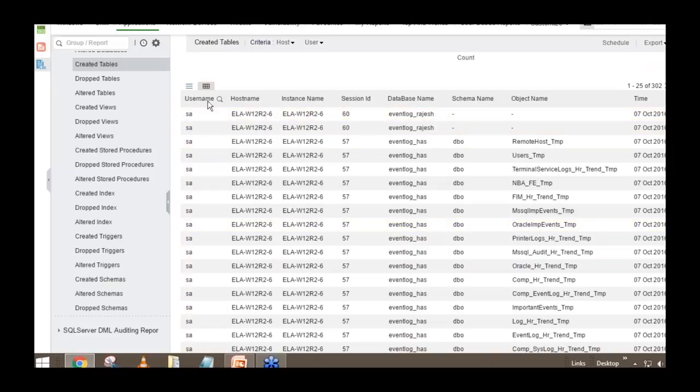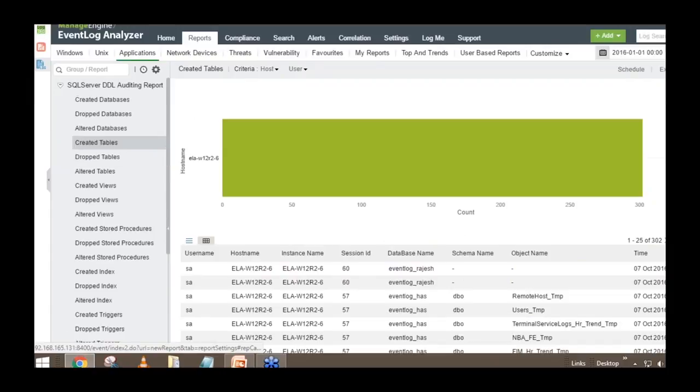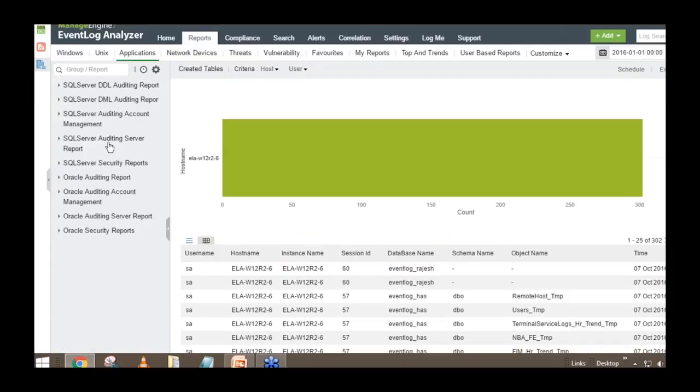So if you just expand a specific category under Windows Severity Reports, there you go. You have reports within. And if you're talking about threats or vulnerability, you have separate reports for that. And if you're talking about application related reports, you have application related reports. So all you need to do is just go to the category that you're looking for